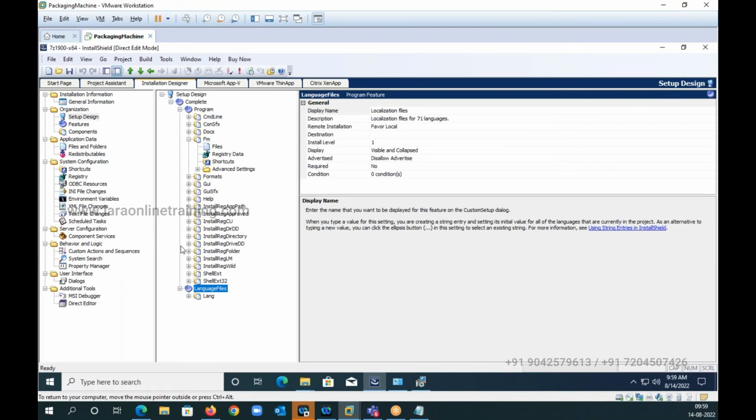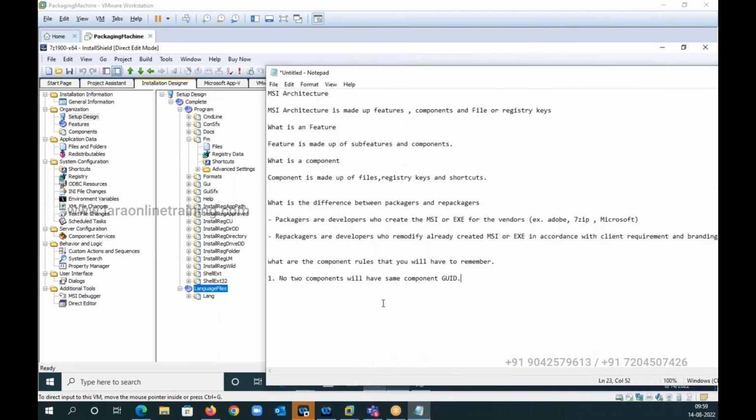So how the vendor creates it is, under a different feature, you can have the same component GUID,